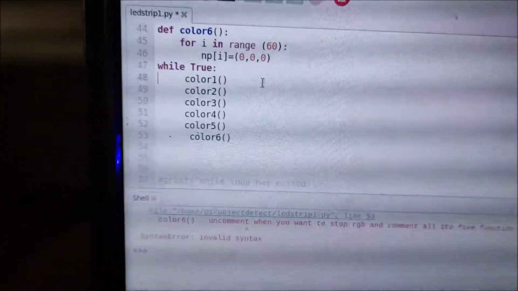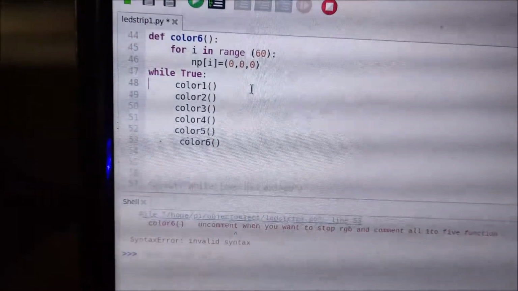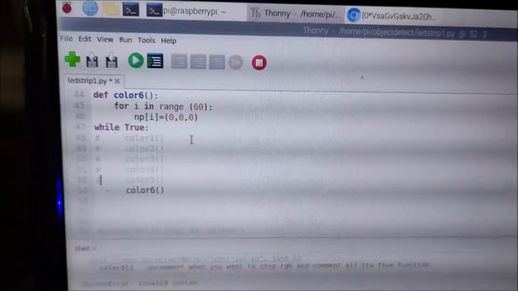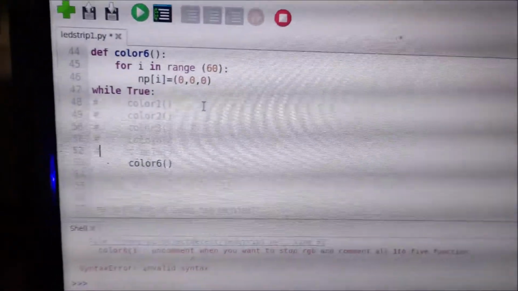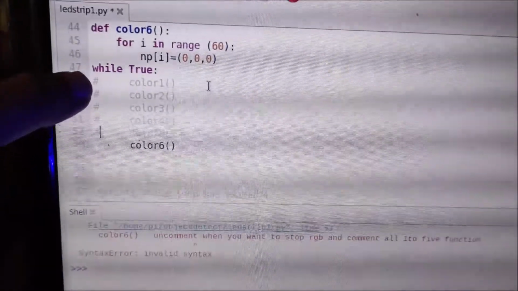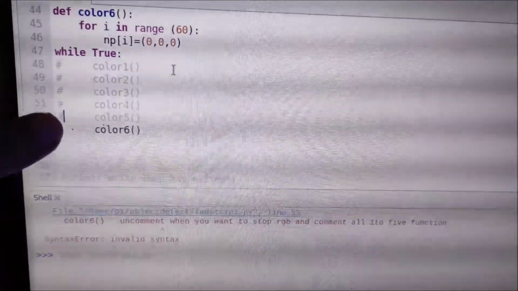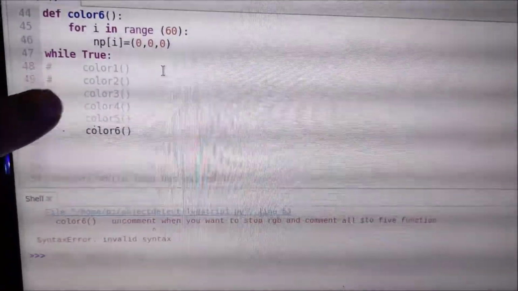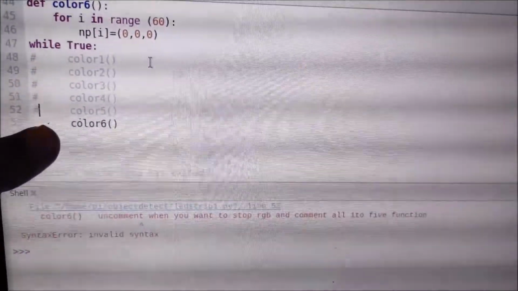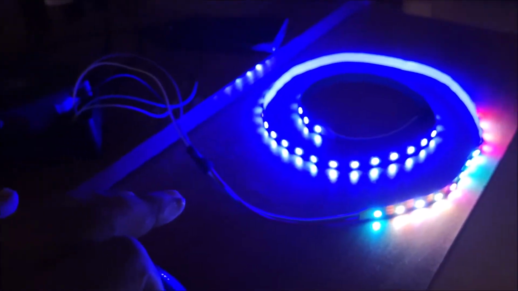Okay, so I am going to show you this way. As you can see here, friends, I have commented out all the 5 functions using a hash in front of these functions, and just enabled color 6. Right now the strip is on.